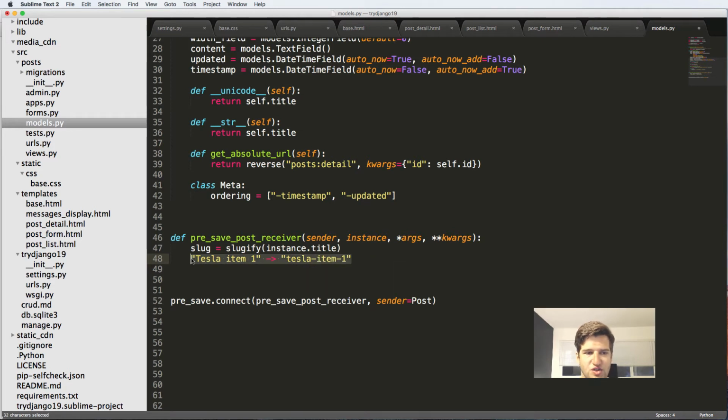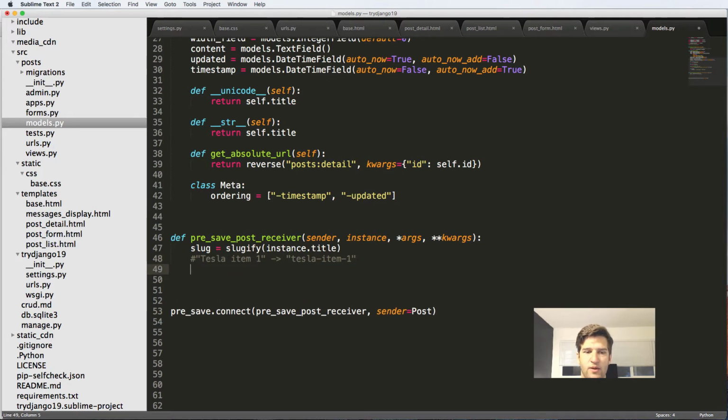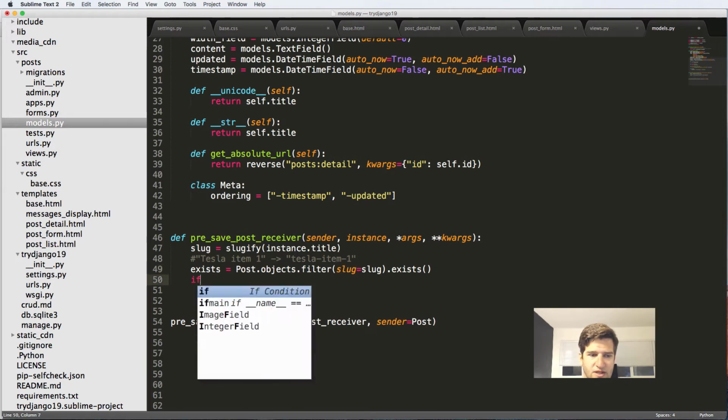So it's just something that's URL ready. So we're getting the slug, and then we want to make sure that that slug doesn't already exist. So I'll check to see if it exists by doing a filter, and we'll say exists equals post.objects.filter slug equals slug, and then dot exists. We'll say if exists,